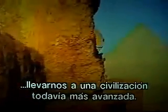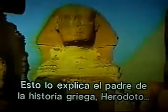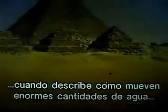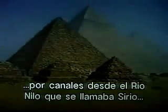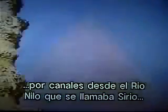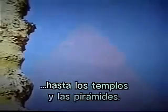of civilization. In Robert Temple's book, The Sirius Mystery, we learn of the Syrian water god connection to ancient Egypt from the ancient Greek father of history, Herodotus, who studied in Egypt during his life in the 5th century BC. Herodotus details an amazing connection to Sirius and water when he recounts how the ancient Egyptians channeled large amounts of water through canals from the Nile River, called Siris in ancient times, to the many sacred temples, sites, and the